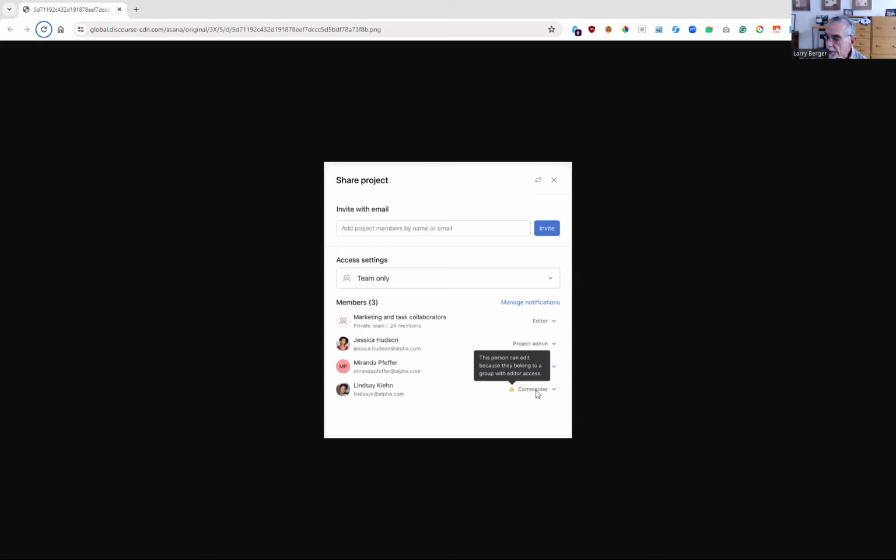They're going to leave that person as commenter, even though this is editor, and they're going to warn you and tell you that this person can edit because they belong to a group with editor access. So they're resolving the conflict by interpreting the higher level, not the lower level of access, and they're reminding you that's happening. And then you could go ahead and change that if you wanted to make it go back to where you were hoping to have it be.